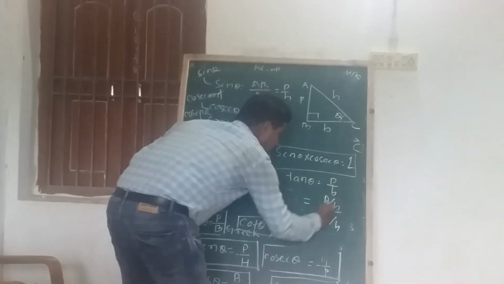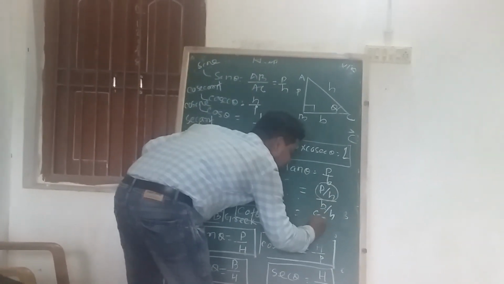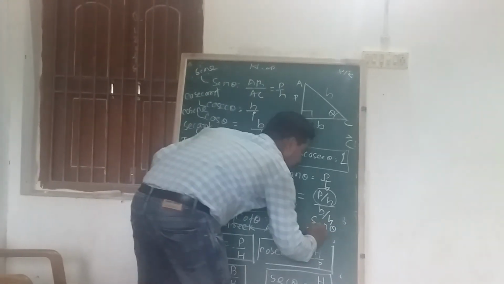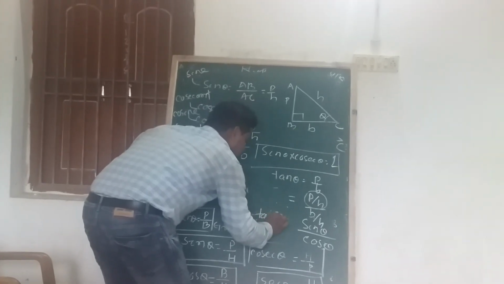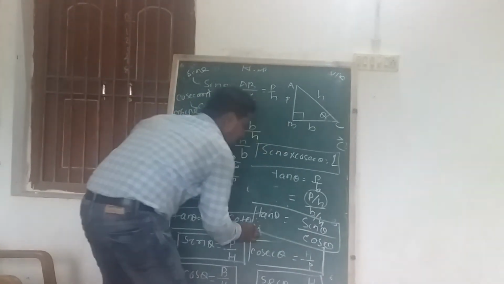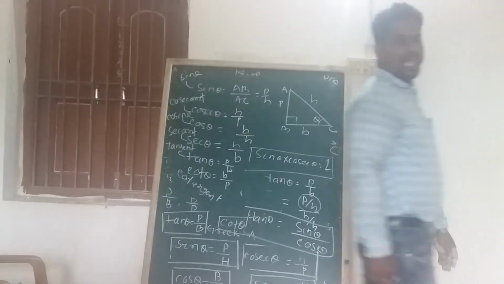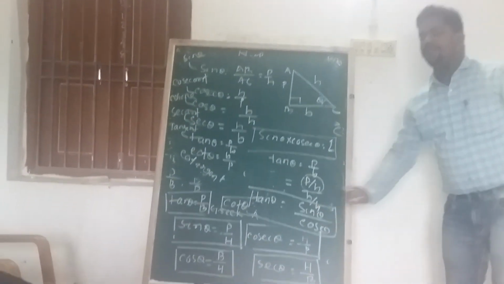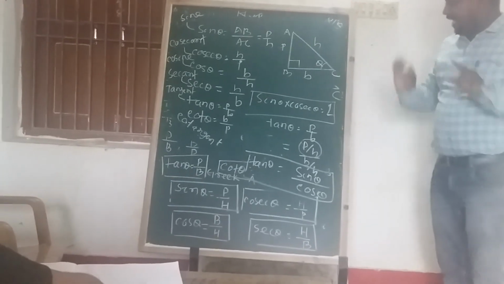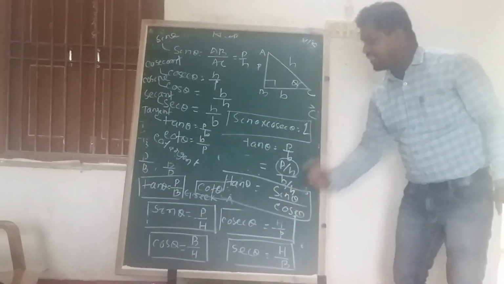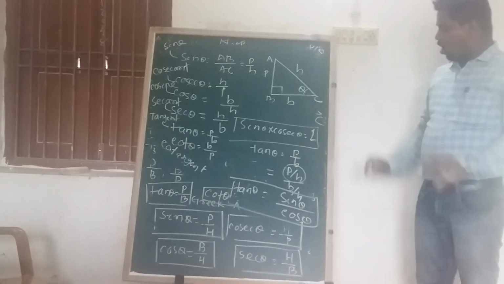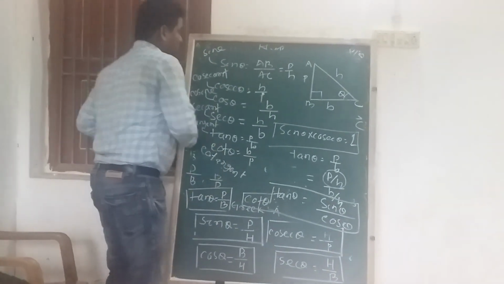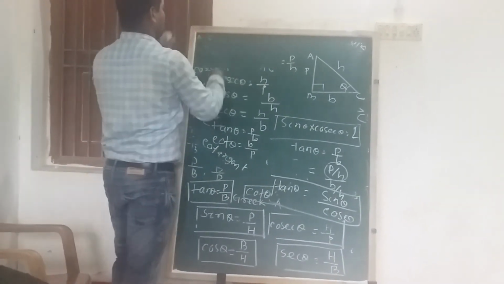Here, you know that P by H is equal to how much? Sin theta. Then B by H is how much? Cos theta. So, tan theta is equal to sin theta upon cos theta. This is another formula developed. Tan theta is equal to sin theta upon cos theta. When I ask the question, express tan theta in terms of sin theta and cos theta, the answer will be tan theta is equal to sin theta upon cos theta. Similarly, cos theta